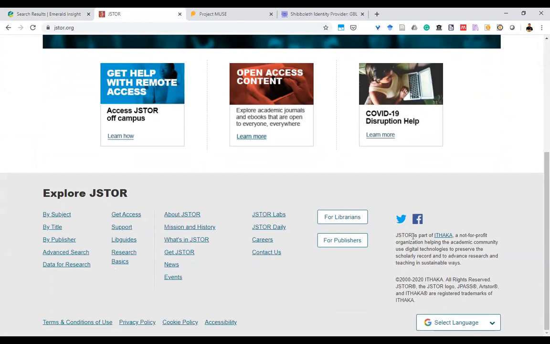It is a not-for-profit organization helping the academic community use digital technologies to preserve the scholarly record and to advance research and teaching in sustainable ways. For example, some academic societies and professional associations earlier did not have much money or expertise to make their journals accessible on the internet.